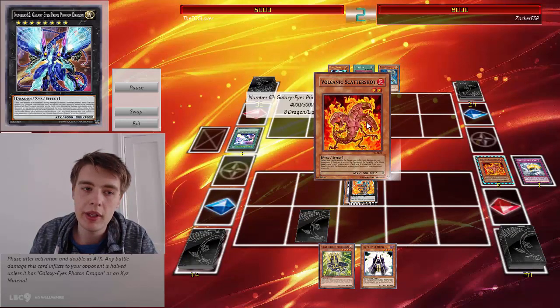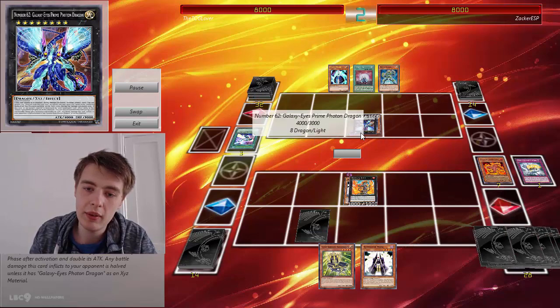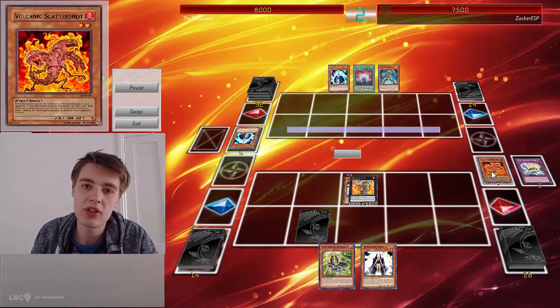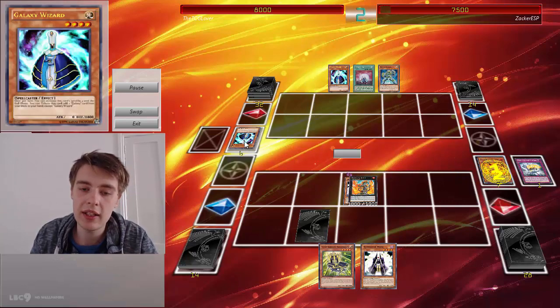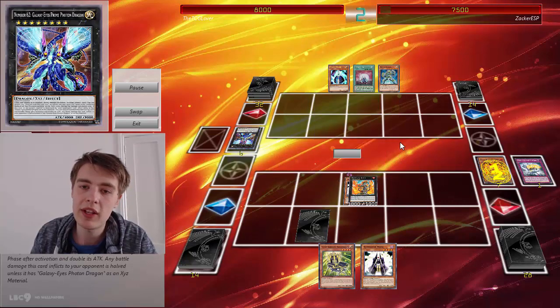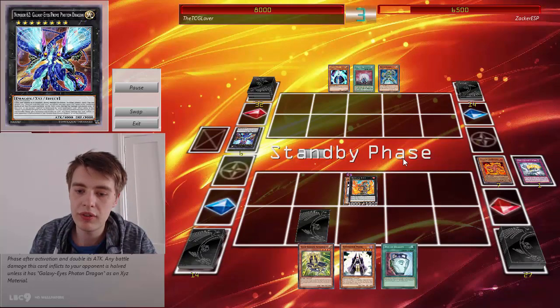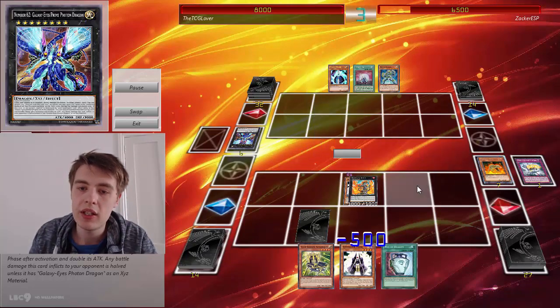So I was quite worried about Galaxy Eye's Prime Photon Dragon, because I know by its effect, when it gets destroyed by card effects, which would be the only way I can destroy anything, it allows itself to come back in 2 turns with 8,000 attack, and that's really annoying. So I'd much rather find a way to get rid of it as soon as possible. So I Shell,